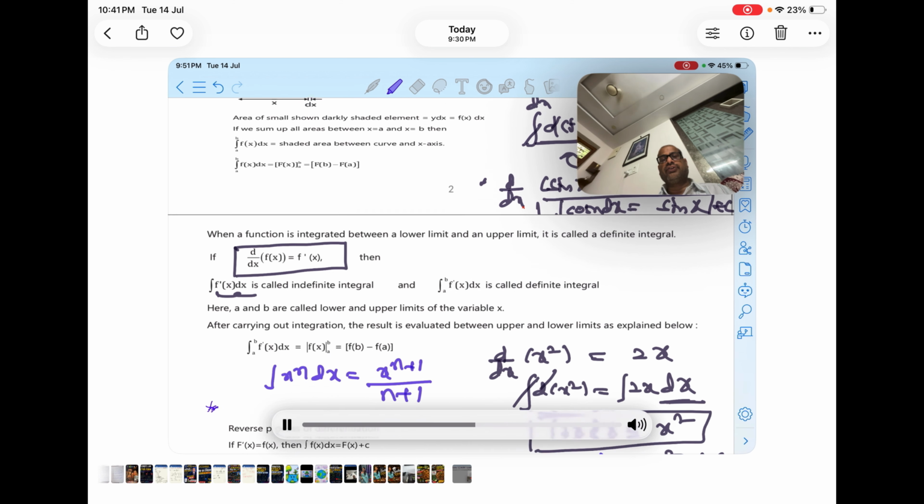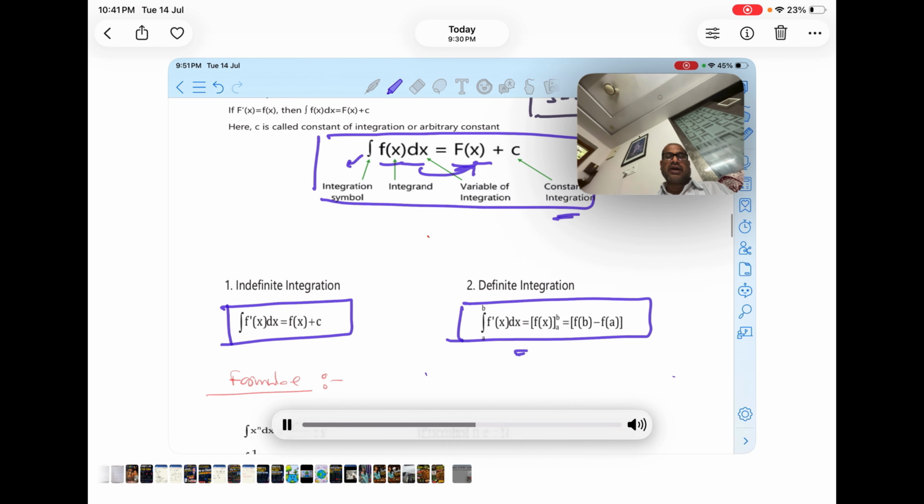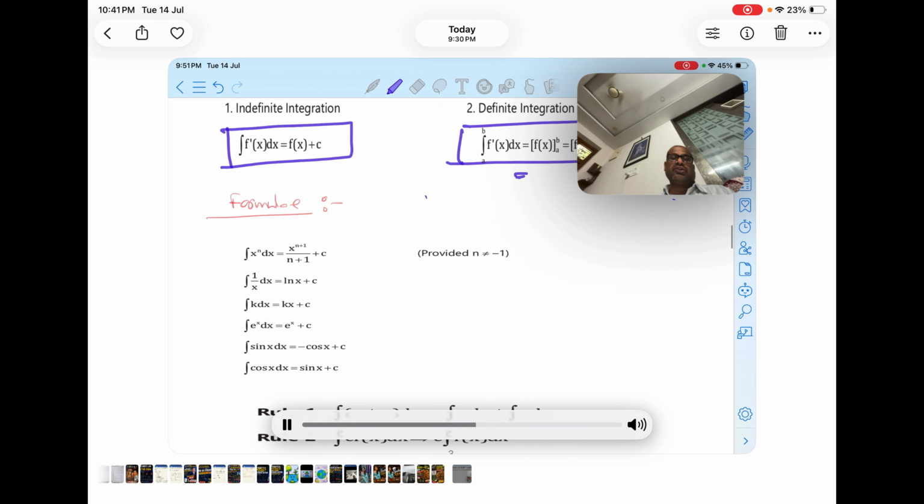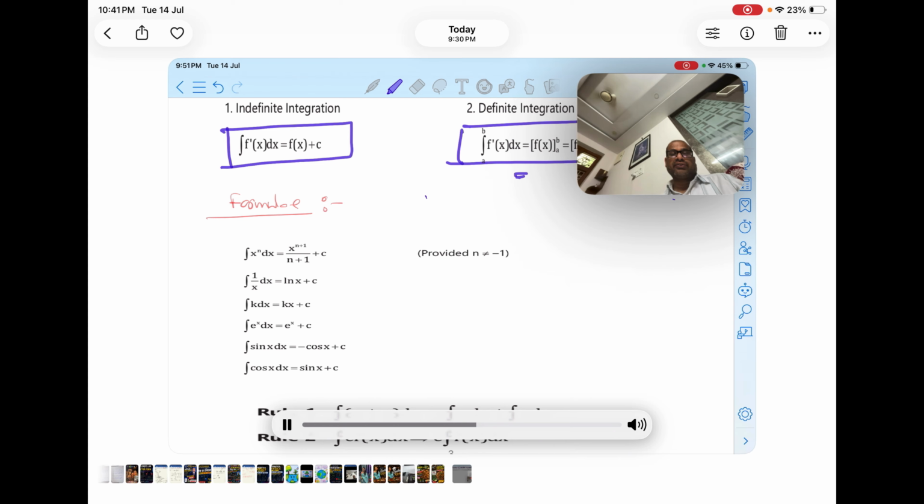So now after this we'll see some basic formulas, students, okay, and then we go for numericals. Now already know integration of d by dx, if you do this, see this particular function, if I differentiate this function